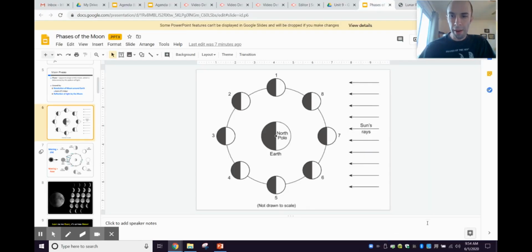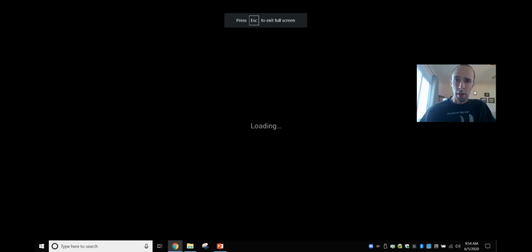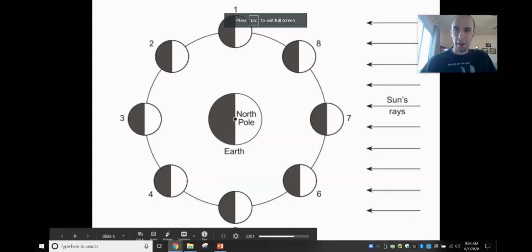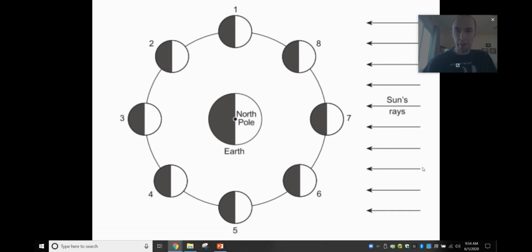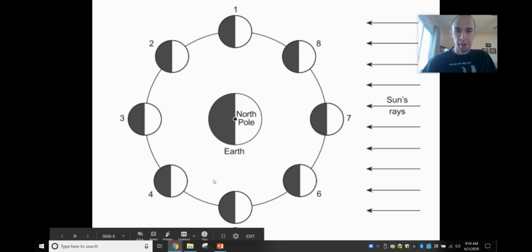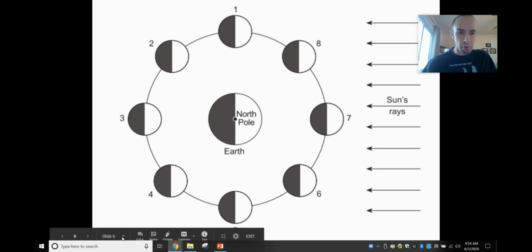All right, so back to this picture here. As you can see, this is a Regents style diagram of the exact same thing we were just looking at. But notice now the sun's over here. You have to always look for where the sun's rays are located. So this is the Earth. This is the moon going around the Earth. And we have these different numbers on here just to give you some examples of questions that might be asked. So let's start with